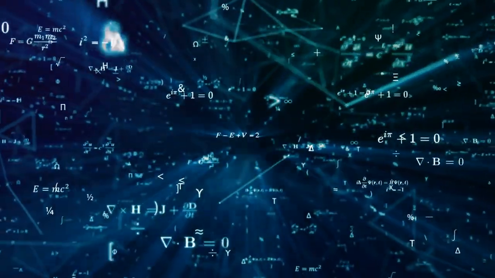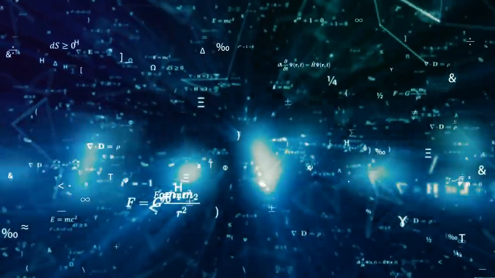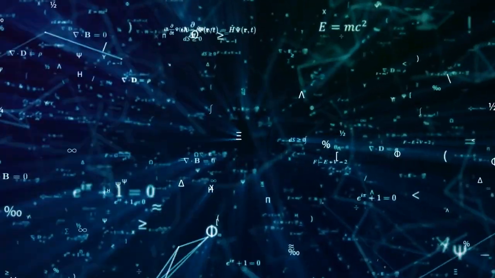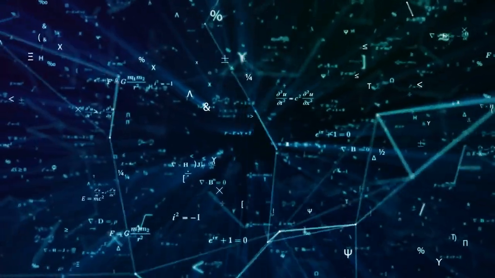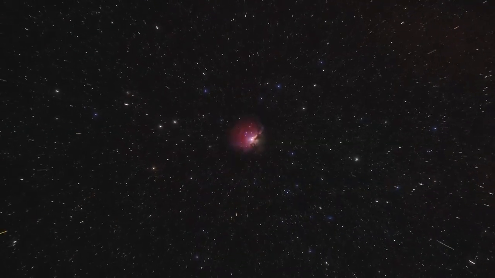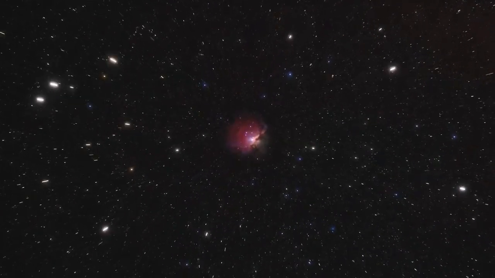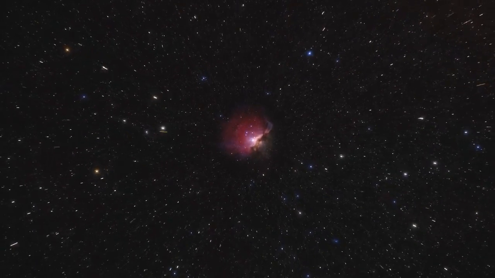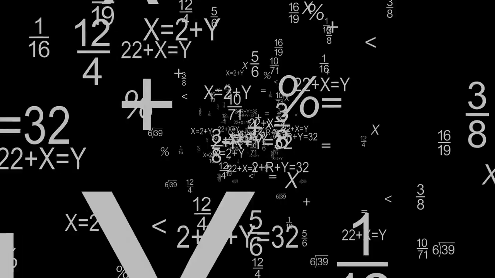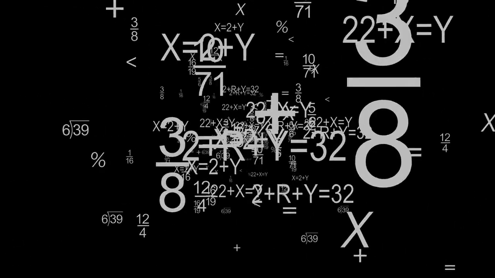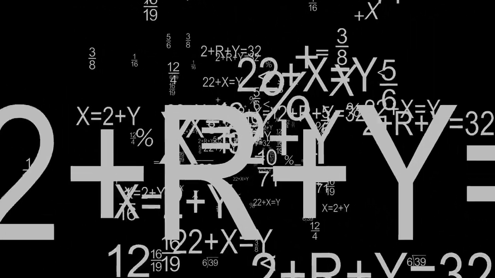Another important concept when discussing the universe's boundaries is the Friedmann-Lemaitre-Robertson-Walker metric, or FLRW metric. This is a mathematical model that describes a homogeneous and isotropic universe. But what does this mean, and why is it important? In the context of the FLRW metric, homogeneous means that the universe is the same at every point, and isotropic means that the universe looks the same in all directions. This is a mathematical way of expressing the cosmological principle, which we discussed earlier.